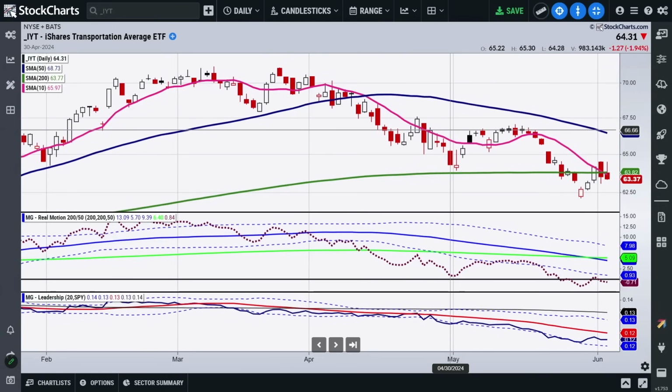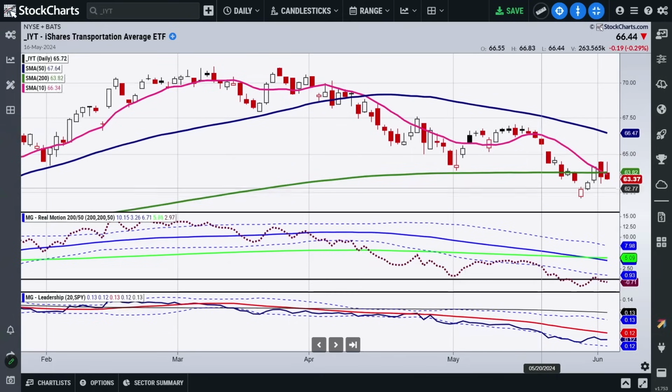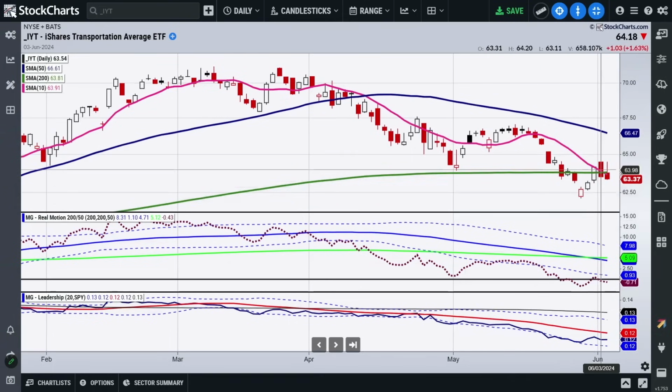Now, if I were to zoom out and you take a look at this going back to 2022, you'll see that we never took out the 2022 highs, let alone making new highs in 2024, while we did in so many other instruments, particularly obviously in Nasdaq and growth stocks. So this was already flashing to us. There was something wrong with a huge part of the economy. And let's face it, transportation is 6% of the GDP, number one, and a huge jobs creator, number two. So where are we at right now? Well, after a massive move lower, it almost looked like we were going to recapture this 200-day moving average.